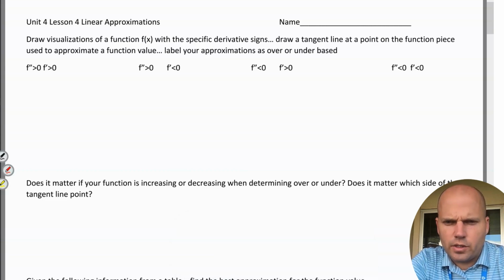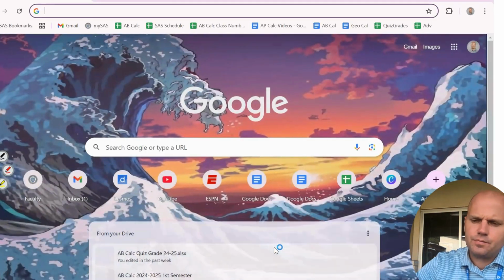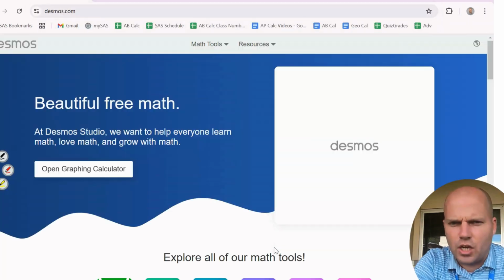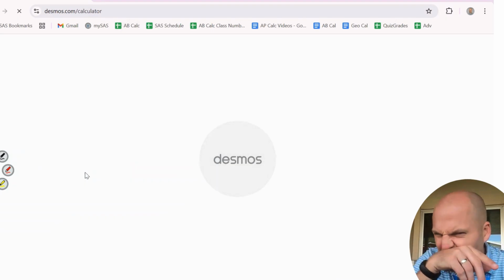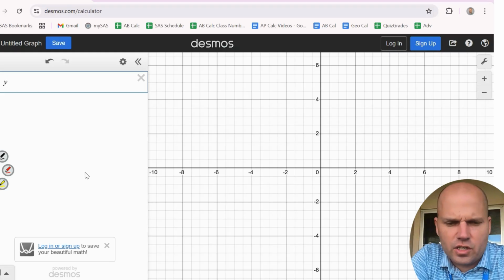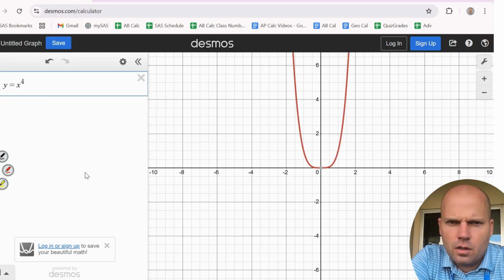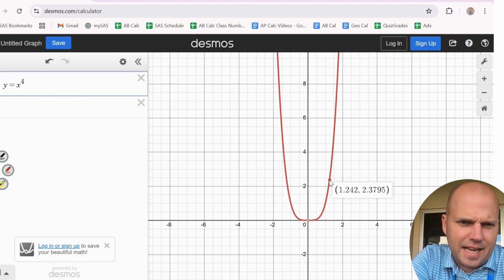Calculus students, we are going to do the homework on linear approximations. The idea we saw in class is that if we have, say, a function x to the fourth, where values on the function are tough to find at decimals, like